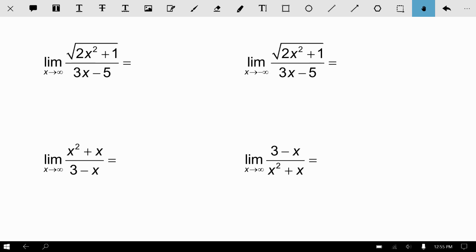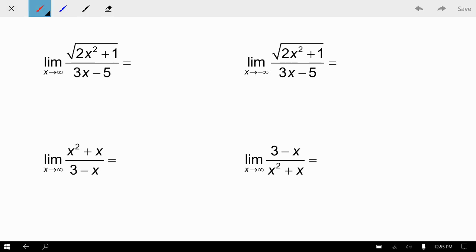Okay, so for this first one, we've got the square root of 2x squared plus 1 divided by 3x minus 5. We're taking the limit as x approaches infinity. So again, I want you to be thinking about what matters when x gets really big. Well, when x gets really big, this minus 5 becomes insignificant. This plus 1 starts to become insignificant. So now I'm thinking about, okay, I essentially have square root of 2x squared over 3x,